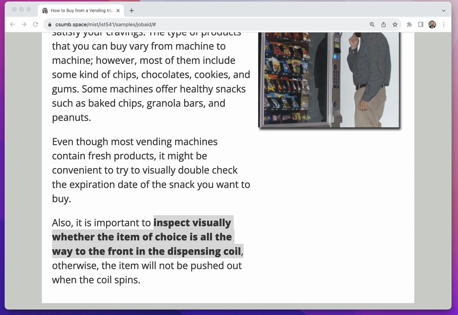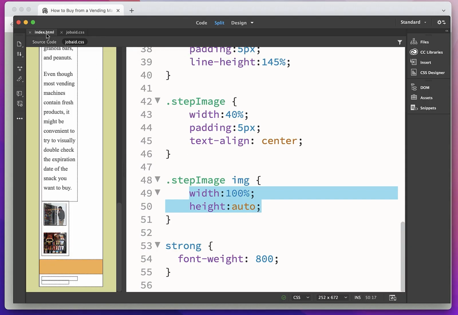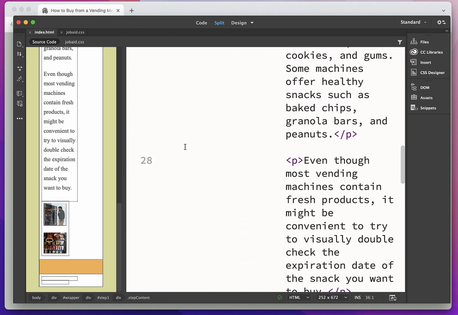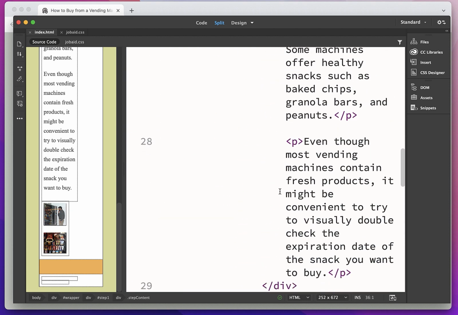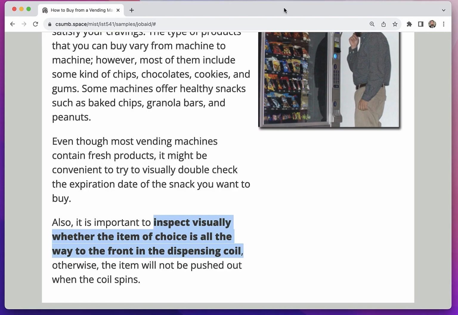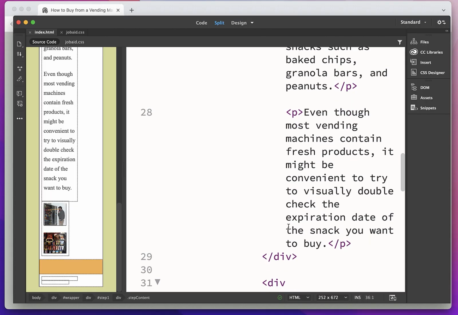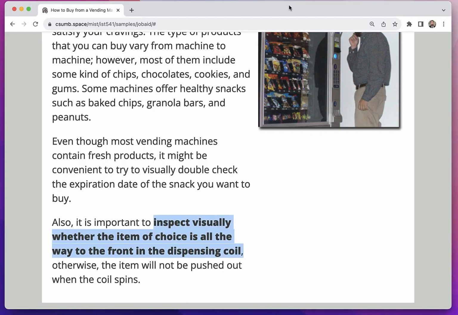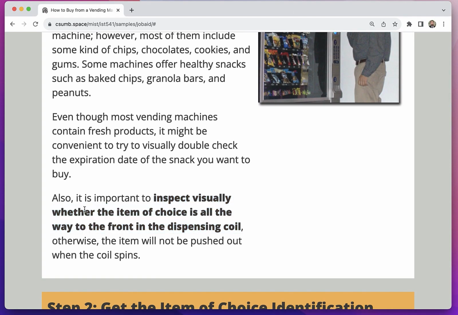So for that, let us go to Dreamweaver. Let us go to the index.html, the source code. And let us identify the text that we will need to emphasize. So the text is important to inspect visually all the way to coil. Well, it doesn't seem that I have that paragraph. It looks like I might have forgotten to copy it. So I will just copy it right now